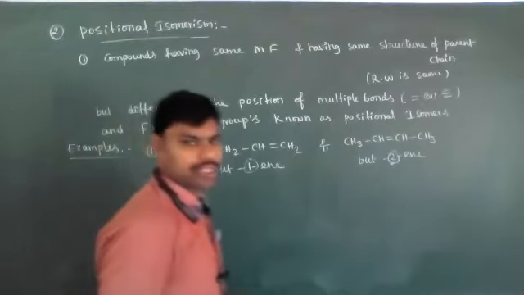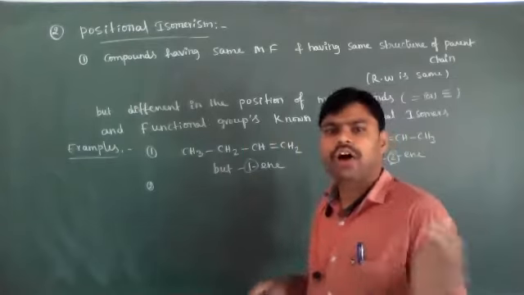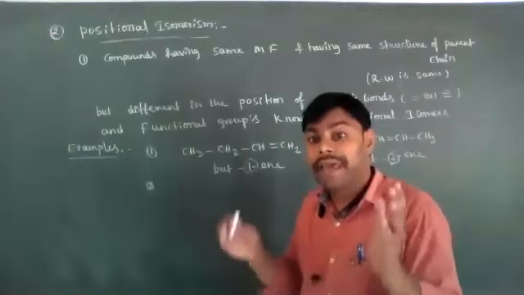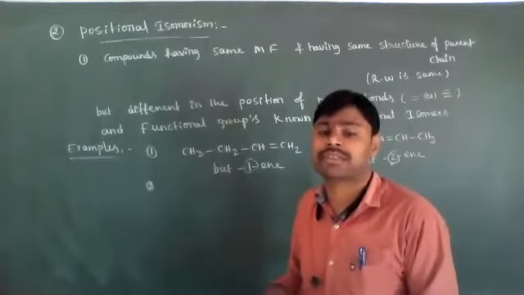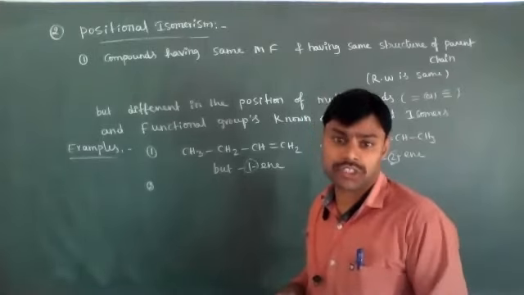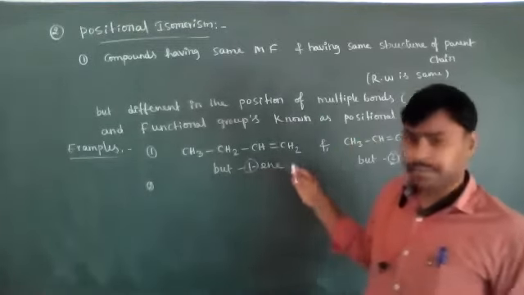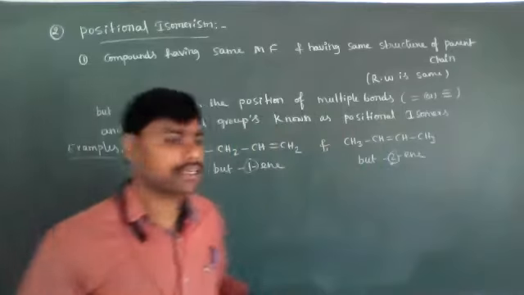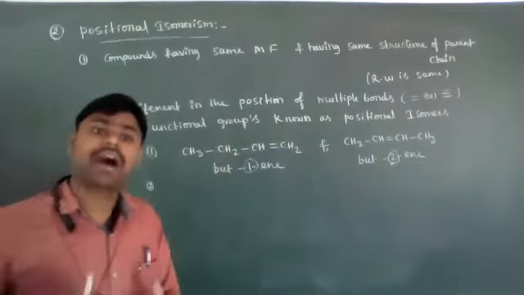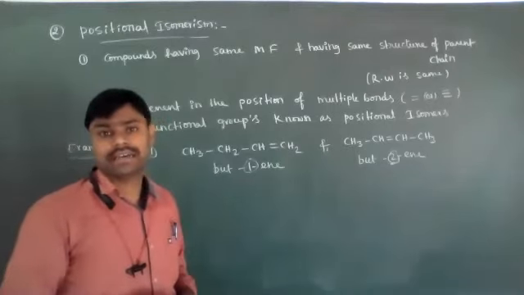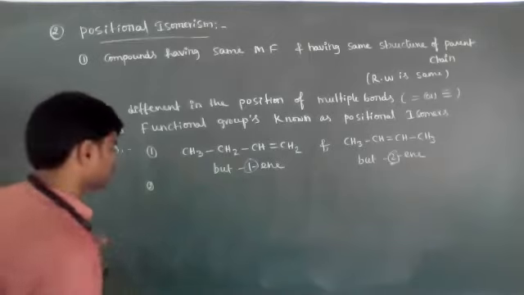In the given questions, what type of questions are they asking regarding isomerism, dear students? Among the following, which pairs belong to positional isomers, which pairs belong to chain isomers, which pairs belong to functional group isomers? Like that, they ask. So we can easily identify positional isomers: the position of the double bonds or functional groups changes on the parent chain. Okay, such compounds are called positional isomers.